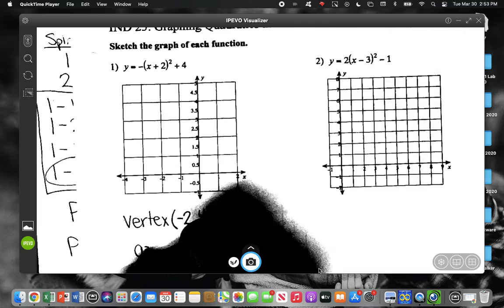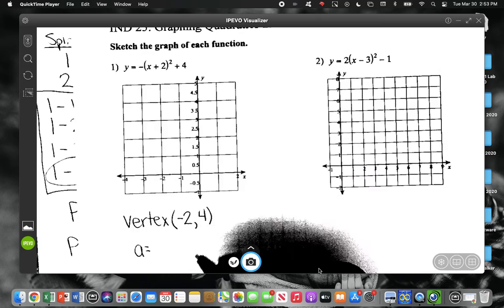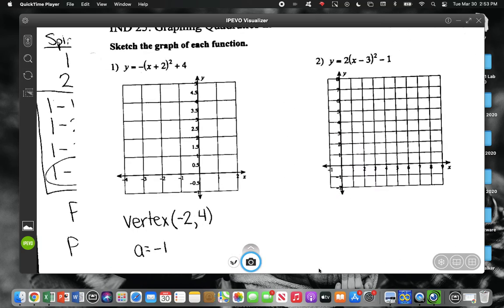And then my a value is the coefficient in front of the parentheses. In this case, it's just a negative. It's actually a negative 1. So it is a negative, so this is going to open down, and I'll show you how to do that in just a